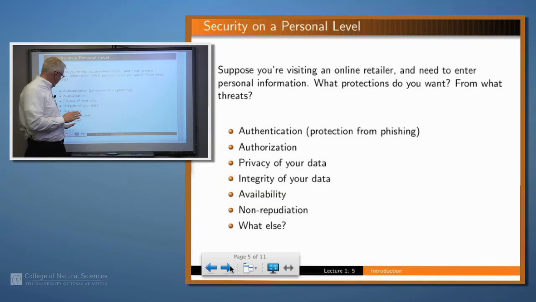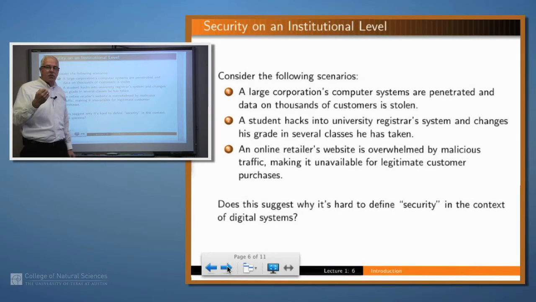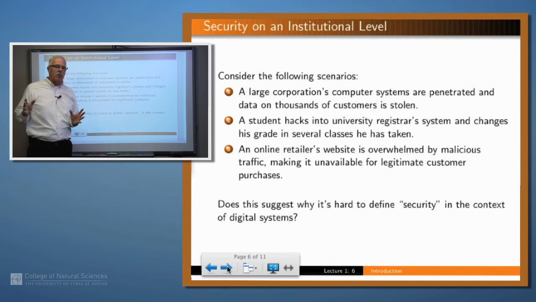And there may be other things, right? But these are certainly some of the things that you want to have happen. So that's looking at it sort of from the perspective of an individual consumer. How about the broader perspective? Well, many times in the news you hear attacks on Sony or Google or something like that, and these attacks may fall into a number of categories.